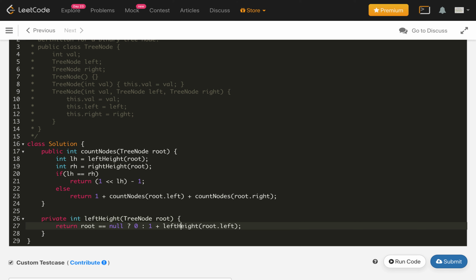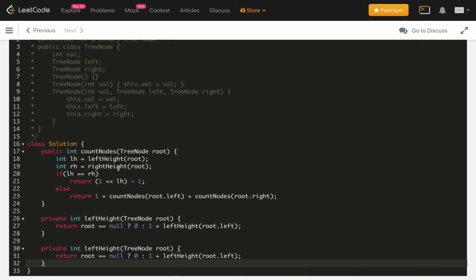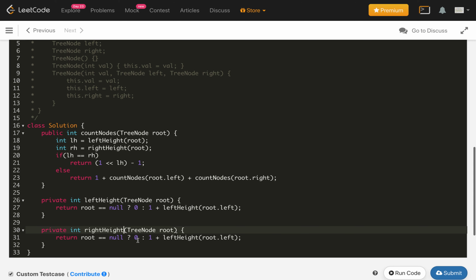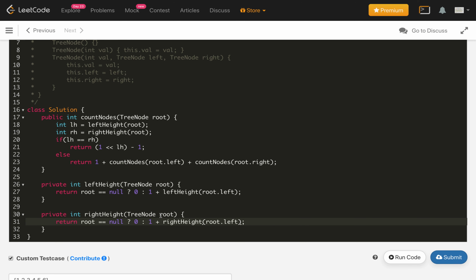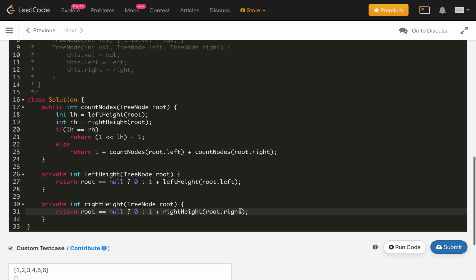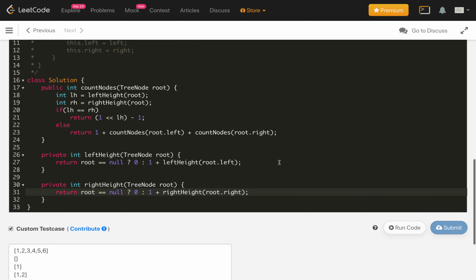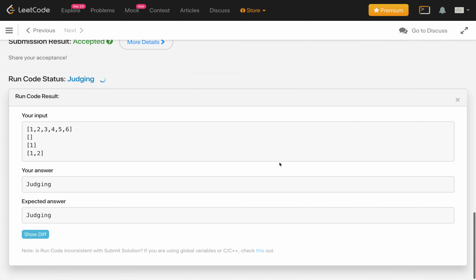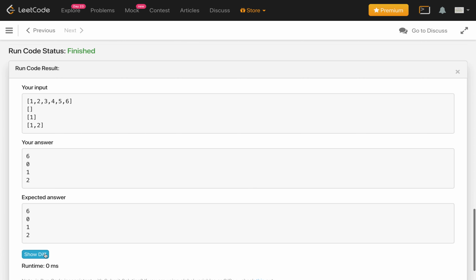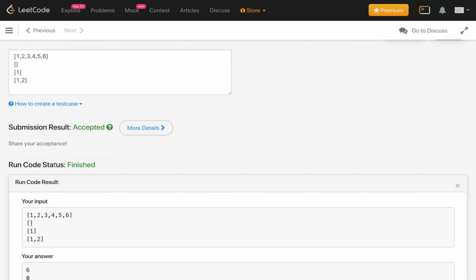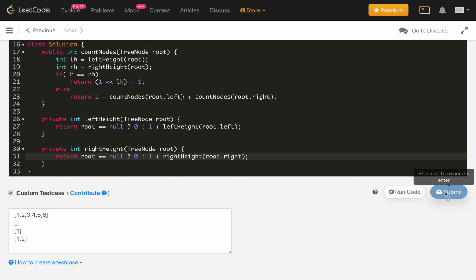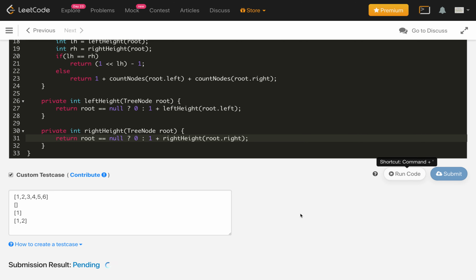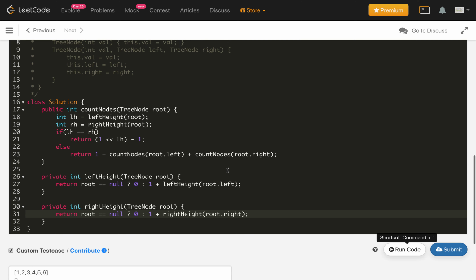Similarly we will implement the right height method here. We get the root, and do the same thing, and here we will always go from the right. So these are the two methods and this is our implementation. Let's compile our code and see it is compiling, and we are getting the correct result for all our custom cases. So let's submit this. So it is accepted.